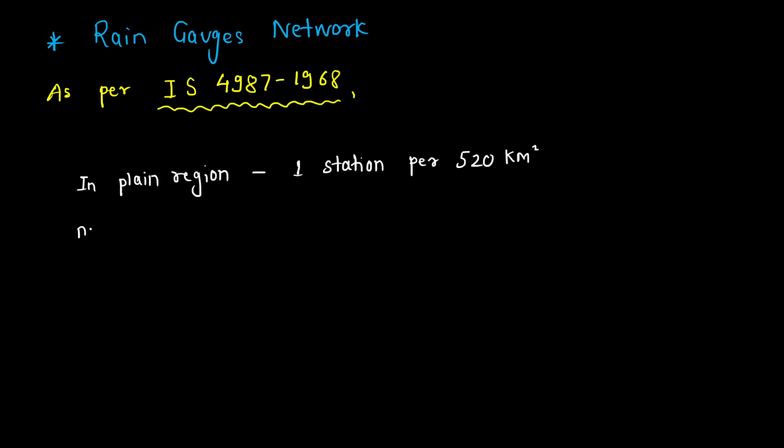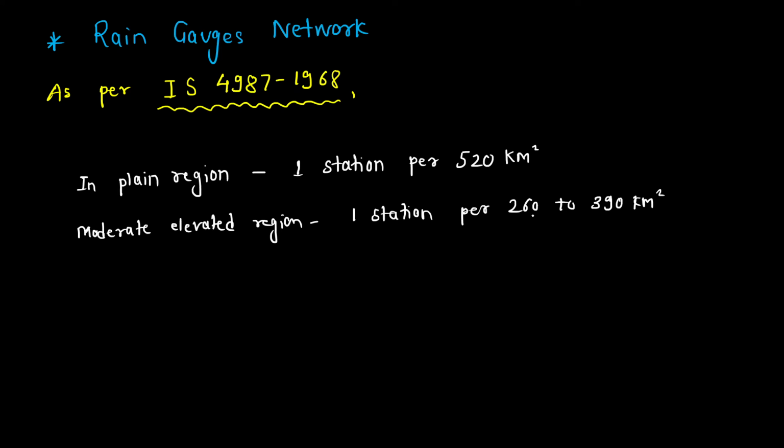Okay, so in moderate elevated region, there should be one station per 260 to 390 kilometer square. So write down this average elevation up to 1000 meter. Okay, so this is the first one,